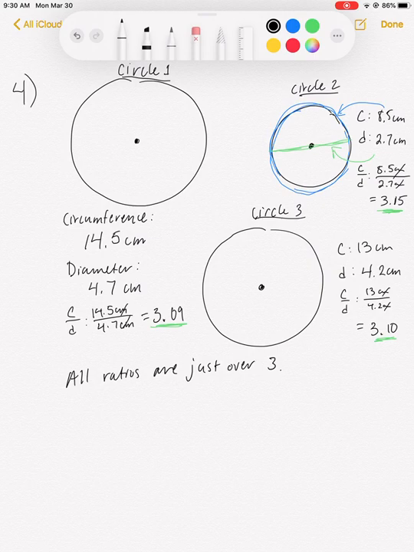And so that's the property that's in common with every circle. If you take the circumference of every circle divided by the diameter of every circle, then we get the same number. And the Greeks were the ones who popularized this idea